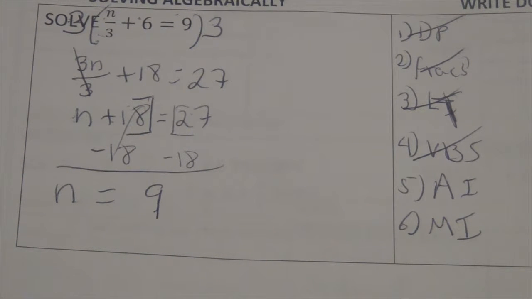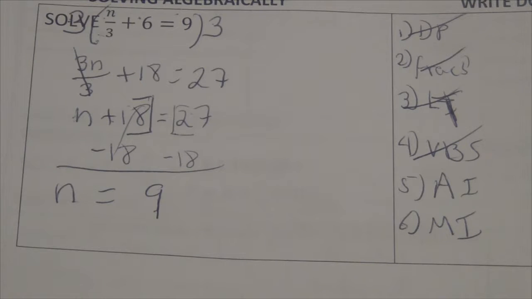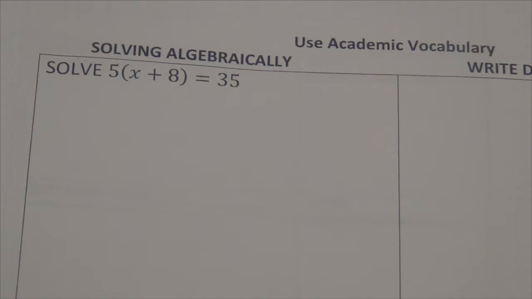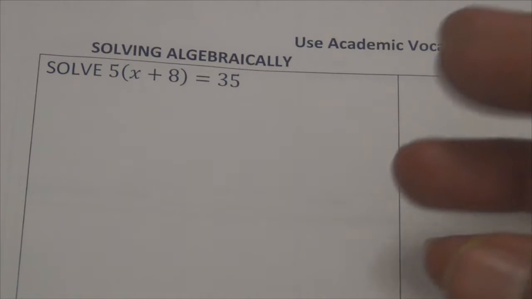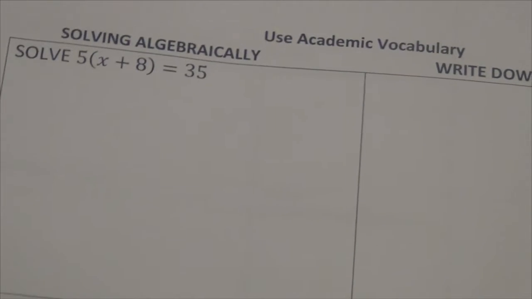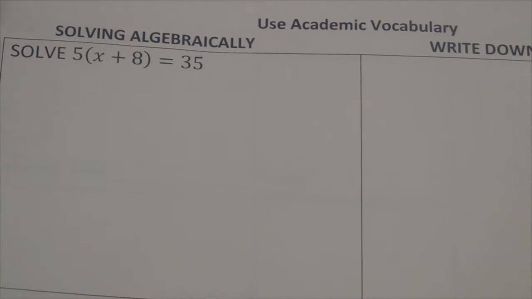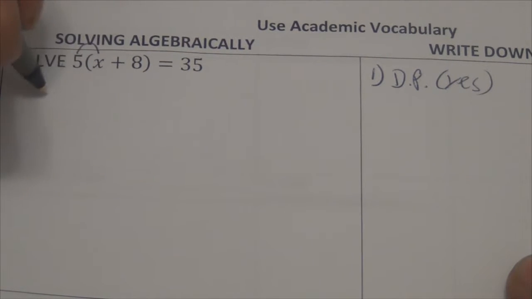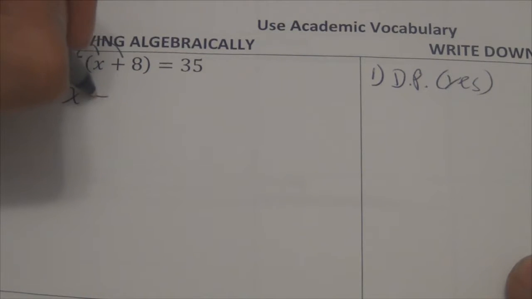You see, this is the mechanical way, but at the same time, it follows a logical sequence on how to solve these equations. All right, let's take a look at this one. Oh, look, beautiful. So rule number 1, do I have distributive property? My answer is yes. So look, 5 times x is 5x, 5 times 8 is 40,